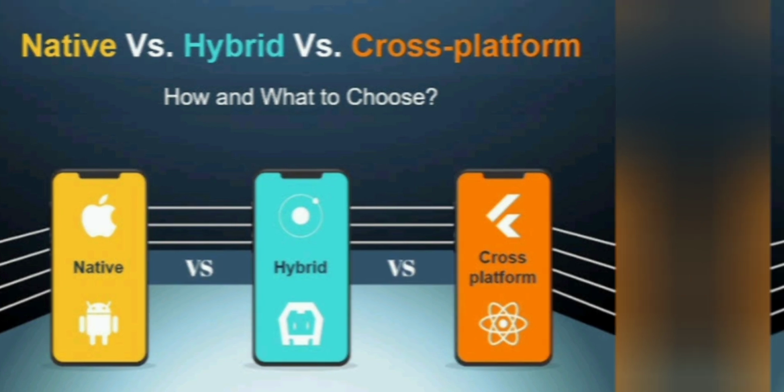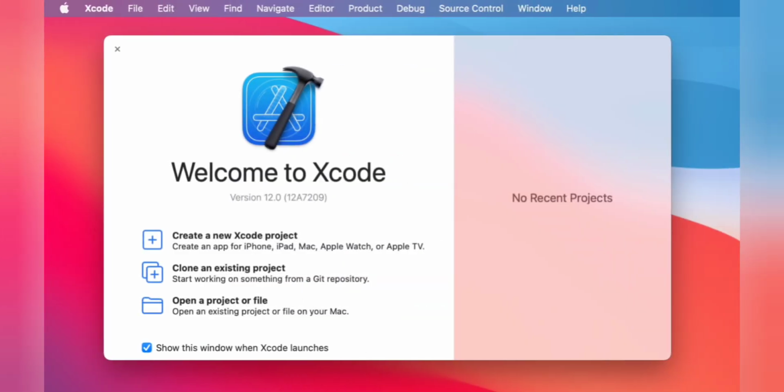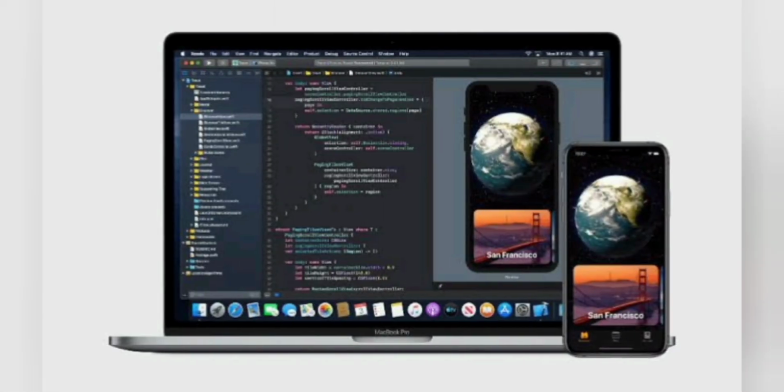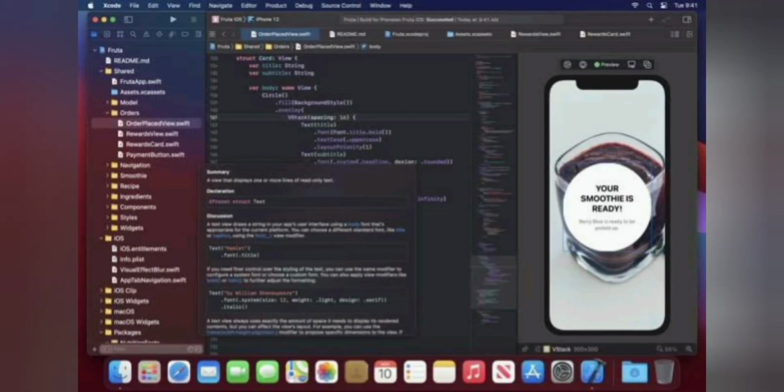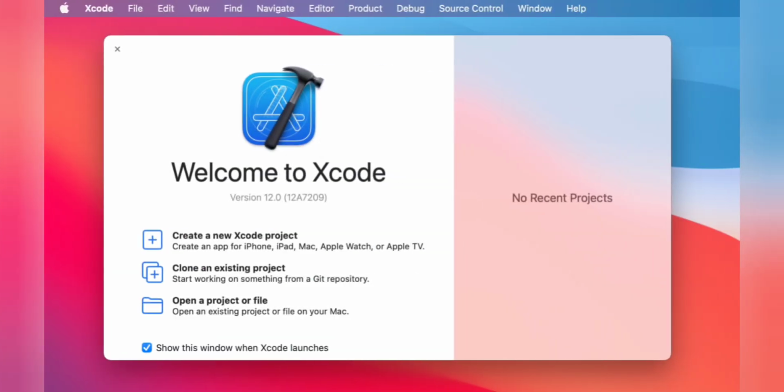Let's start with Xcode. It introduces a new way to design and build software. Swift is an innovative new programming language for Cocoa and Cocoa Touch, and when combined with the Xcode tool, makes programming a delightfully live experience. It includes everything developers need to create applications for Mac, iPhone, iPad, Apple TV and Apple Watch. It provides developers a unified workflow for user interface design, coding, testing and debugging.